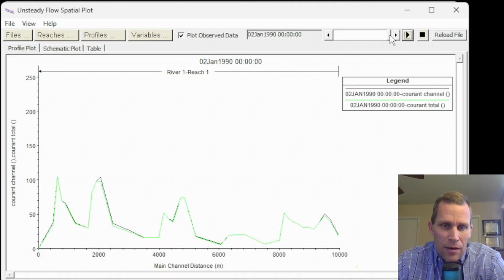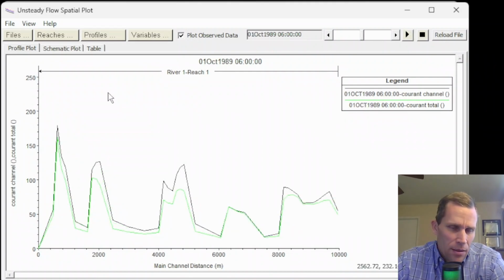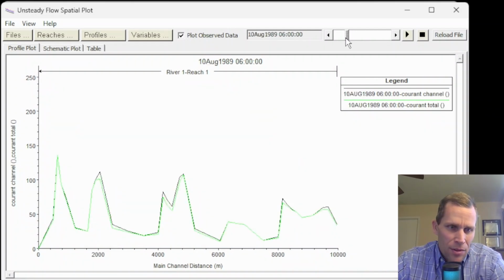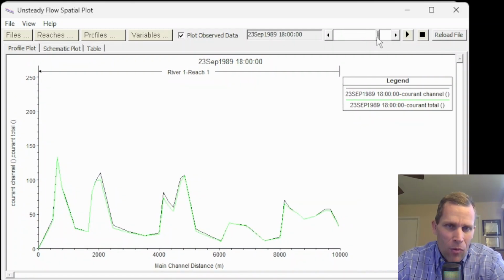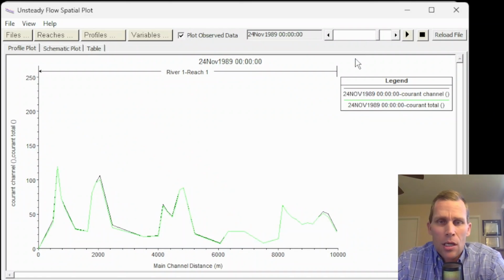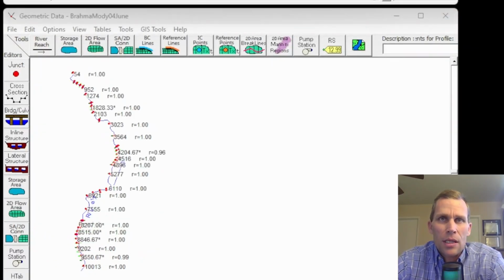Now, as you notice, we have Courant numbers that are extremely high. So this right here is 180, more or less. I'm just going to scan through and look for a maximum. But yeah, what we had there, about 180, is absurdly too large. We want that number to be less than 1. So one thing that we can most likely change to control and reduce the Courant number is to reduce the